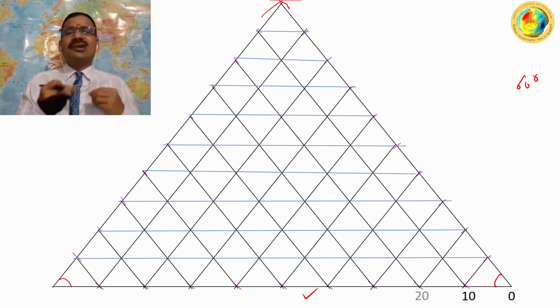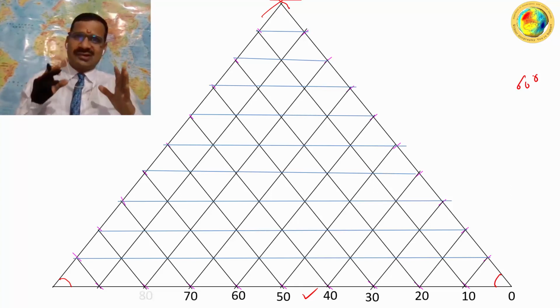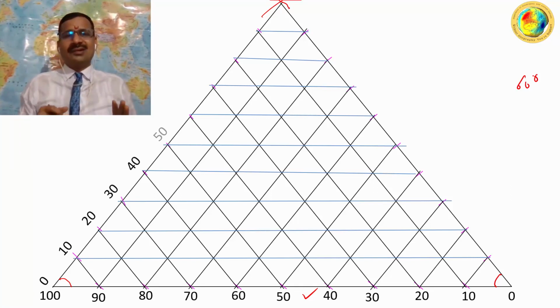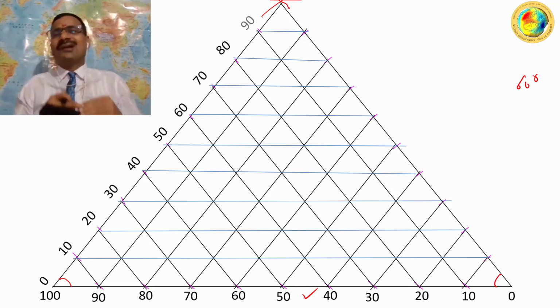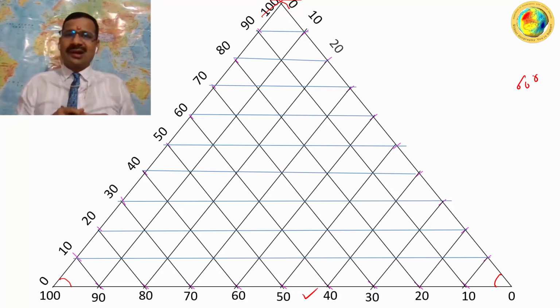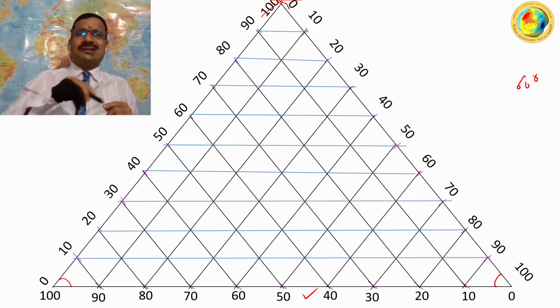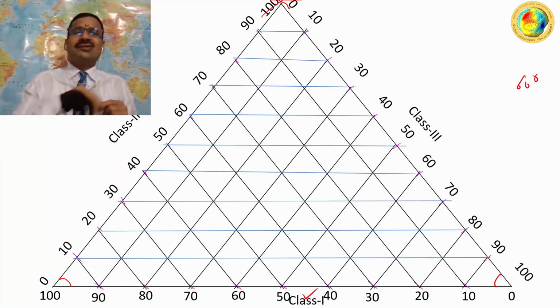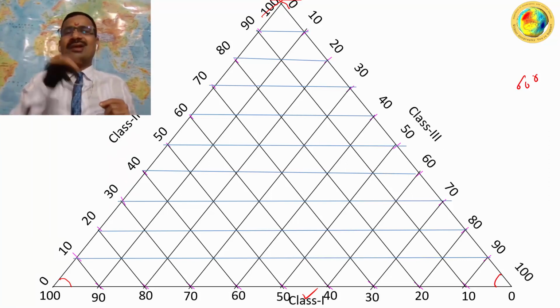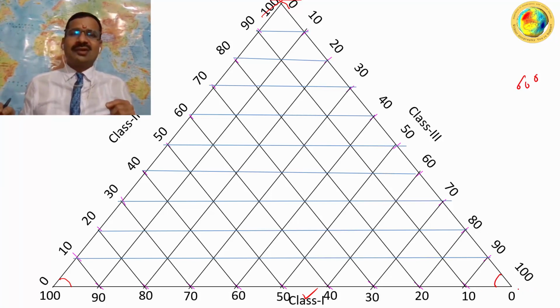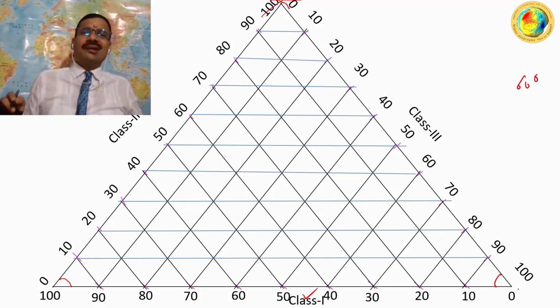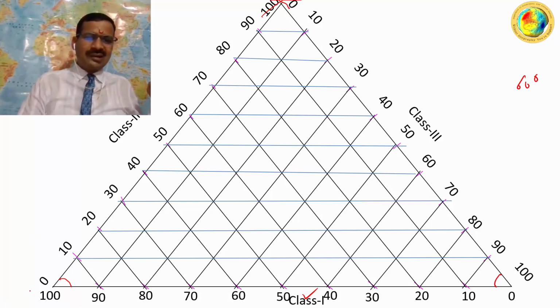Now we are going to represent the percentage of urbanization for class 1, class 2 and class 3 cities on this graph. While representing the data, please keep in mind that this data should be rotated in a clockwise manner only. It means initially 0 will start from the right bottom corner. It will go to the left bottom corner as 100, you can see here.